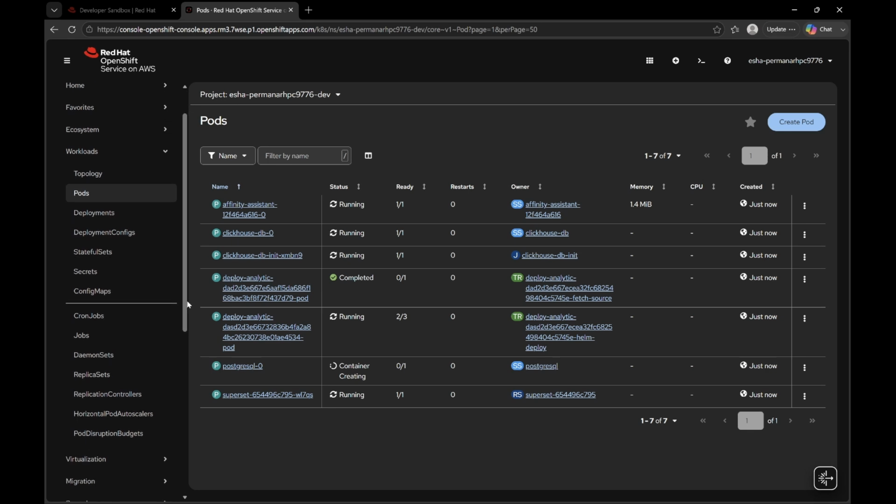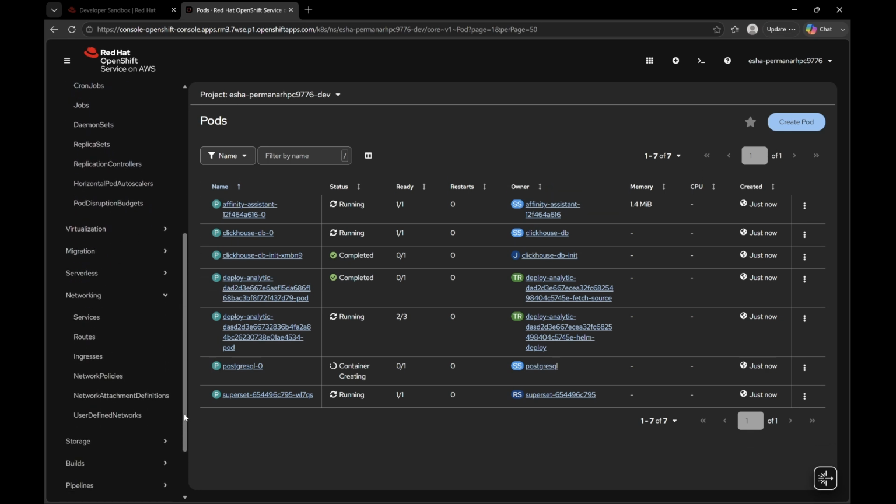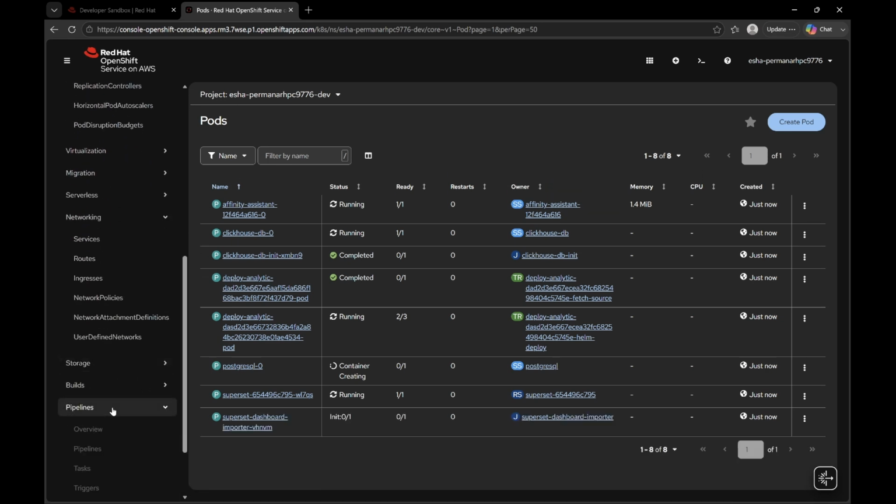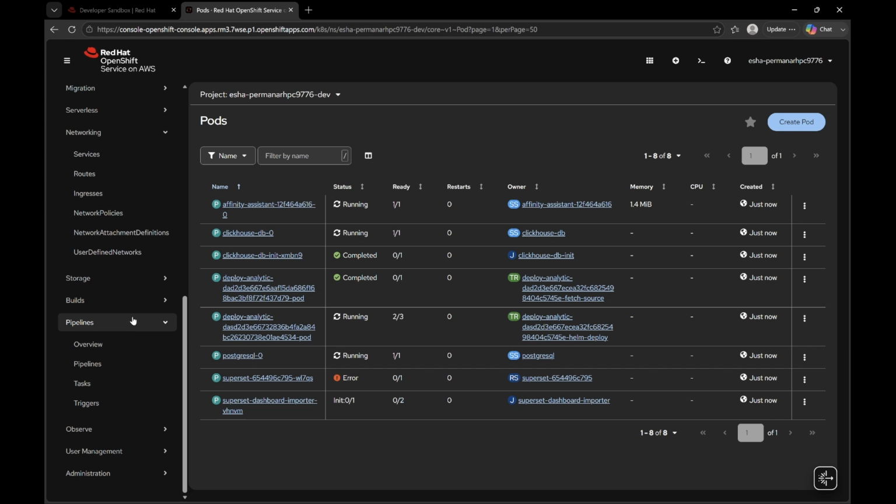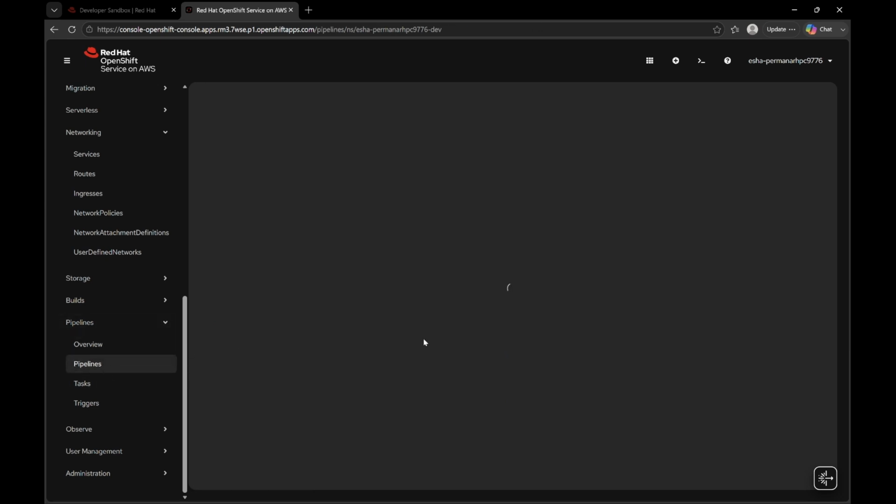Or you can check on your pipelines menu.